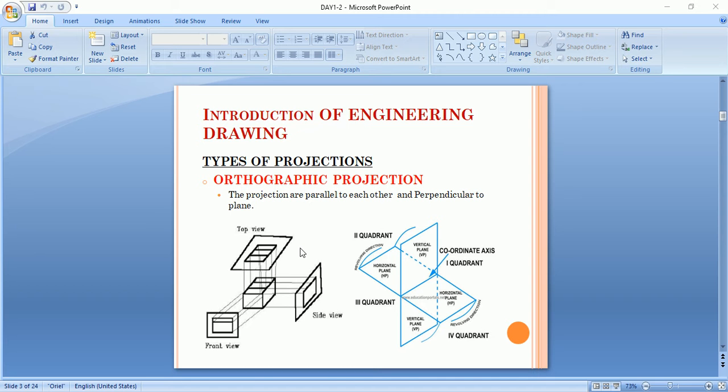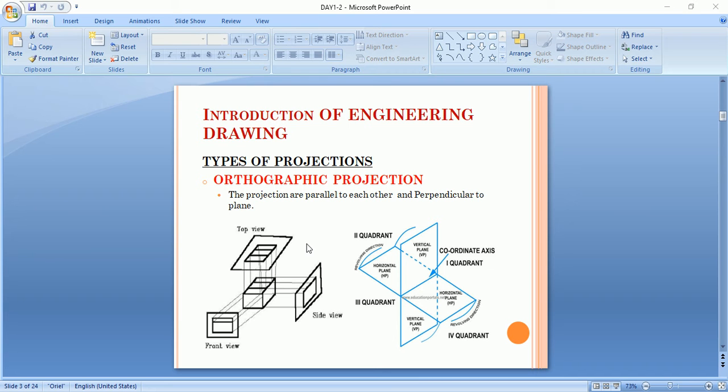The first is orthographic projection, where the object whose views are to be created is assumed to lie in one of the four quadrants, and from the object, from its different planes, projector lines which are parallel to each other and perpendicular to the different profile planes are drawn to trace the front, top and side view respectively.